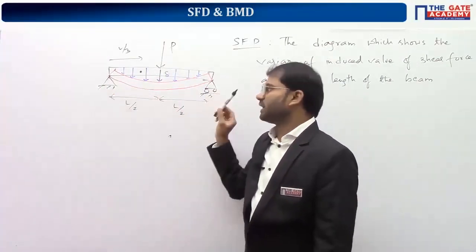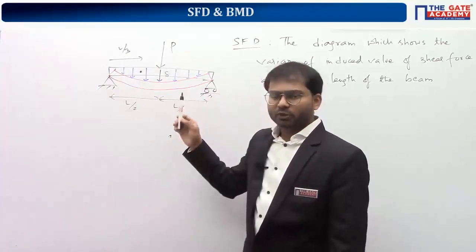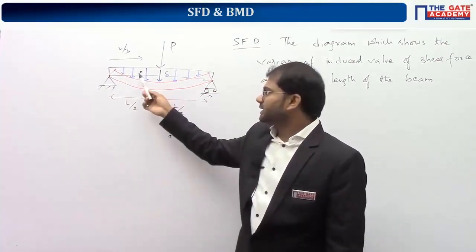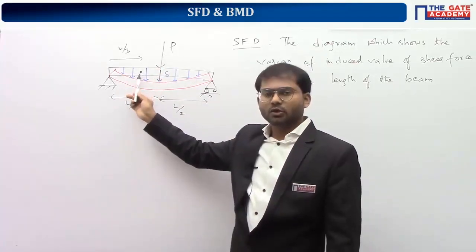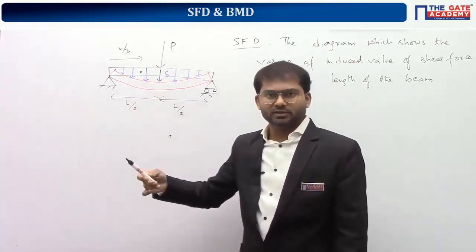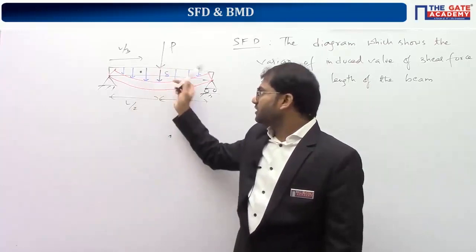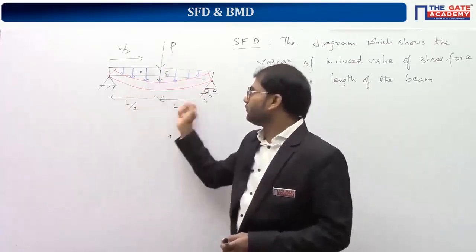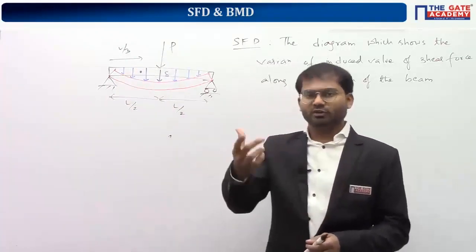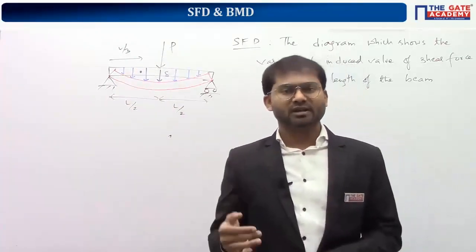The supportive forces are at the corners. Though they are not acting at this location, the effect of these three forces is there at this location. So the shear force diagram gives us the effect of these three forces at this location, I mean, how much force is coming up due to these three forces at this location. That force is parallel to the area of cross section, so we call it a shear force.